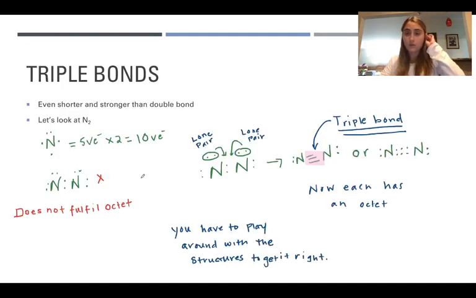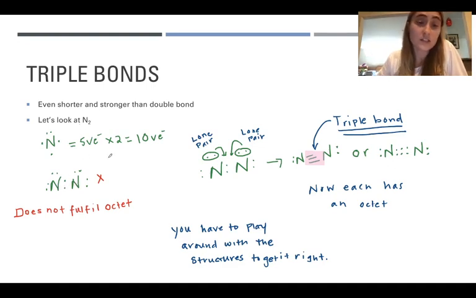Okay, now you can also have a triple bond. A triple bond is even shorter and stronger than a double bond. So we'll look at an example of something that has a triple bond. If I want to bond together two nitrogens, or N2, again, nitrogen is a Brinkelhoff, I'm going to have